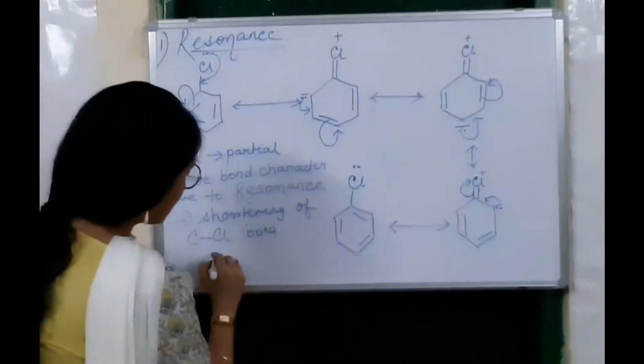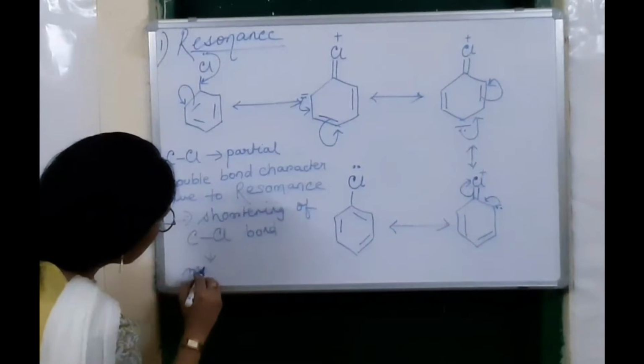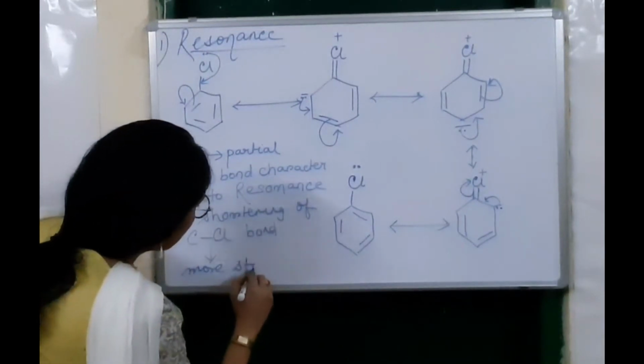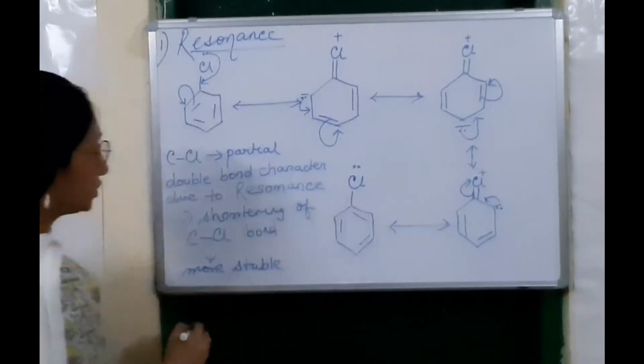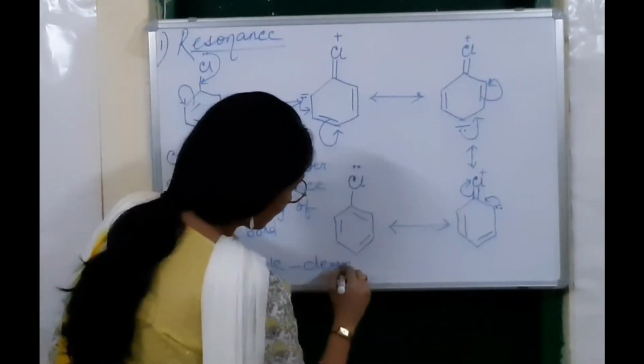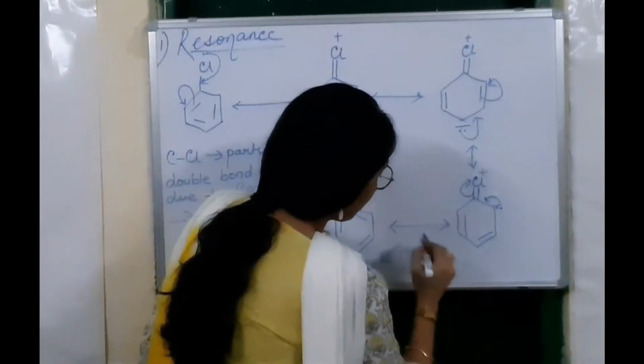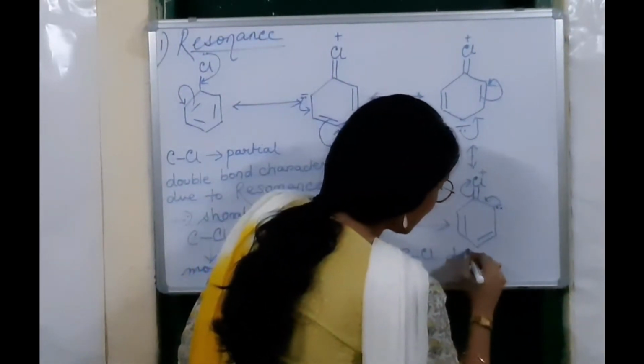That means this C-Cl bond becomes more stable. If this bond is more stable, then cleavage of the carbon-halogen bond becomes